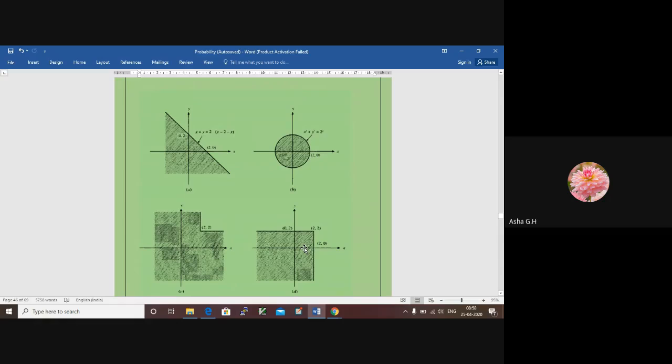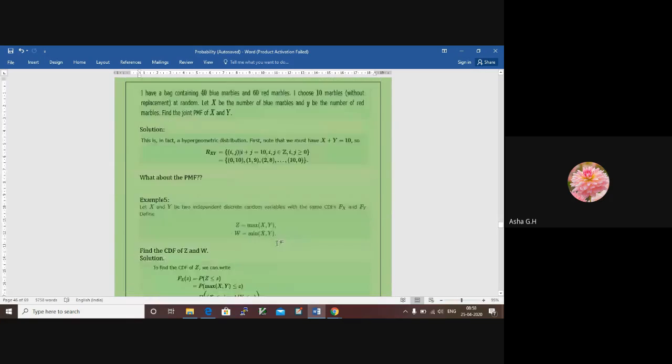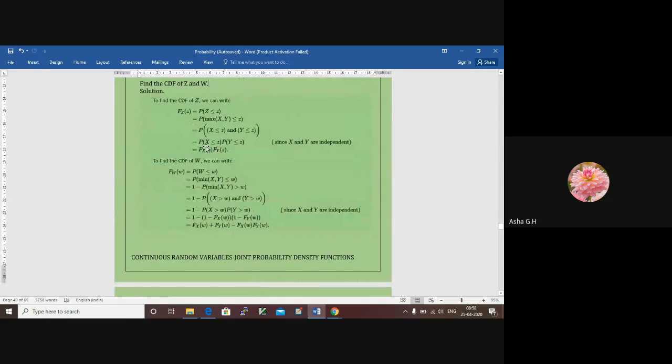Probability that x is less than or equal to 2 and y is also less than or equal to 2. This is an intersection, in the case of the maximum. So that's what we have written here. It is given in the condition that x and y are independent, so we can write it in terms of an equation. That is not a big deal here, but understanding that plot is important.